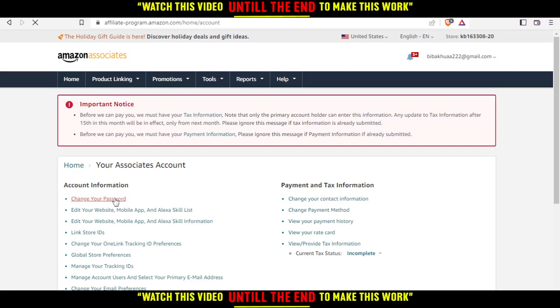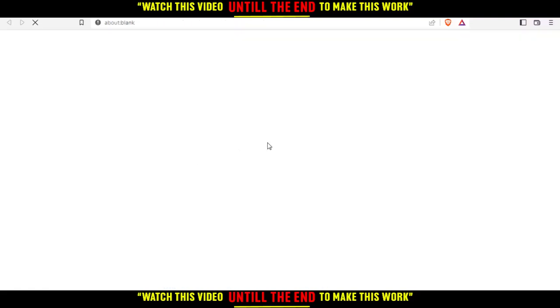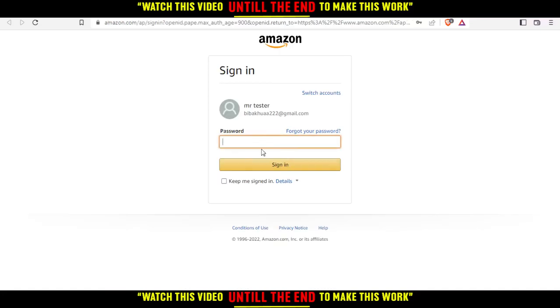If you click on that, as you can see, it says: please click here to change your associate password on Amazon. The link will open a new window, so when you have finished updating your password, you can close that window to return to Associates Central. To add a new user to your account, you can click here, but we want to change our password, so we're going to click here. Just click there, and as you can see, they will ask you to enter your password. For me, it's already there,